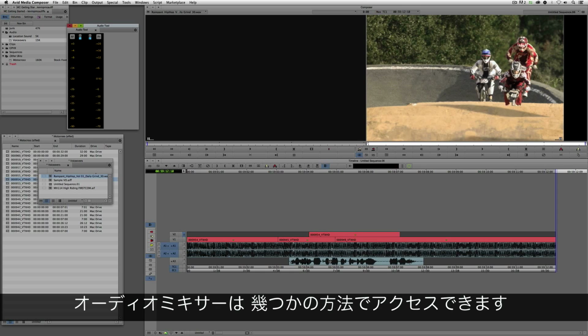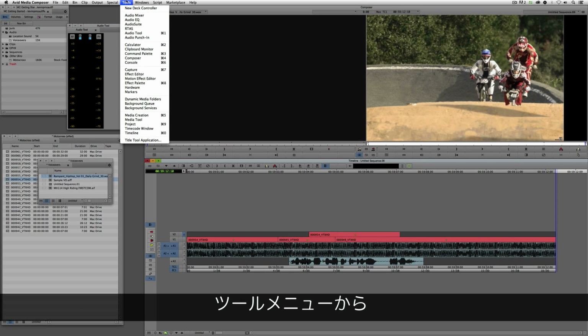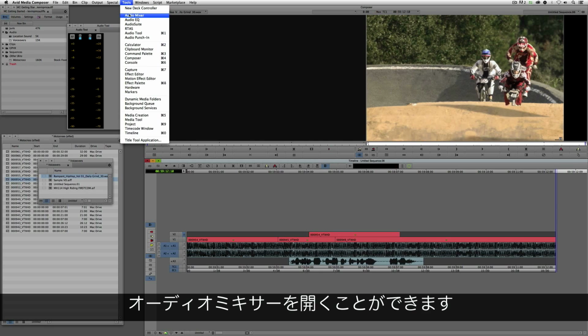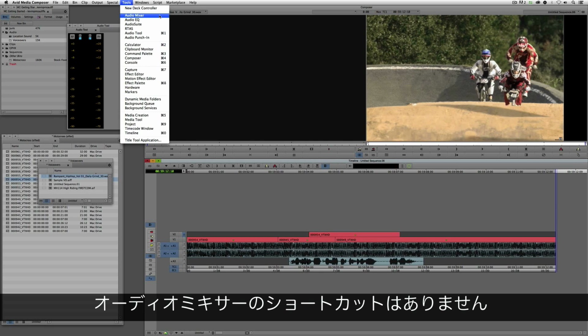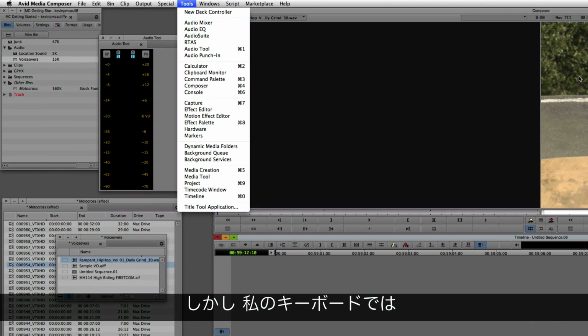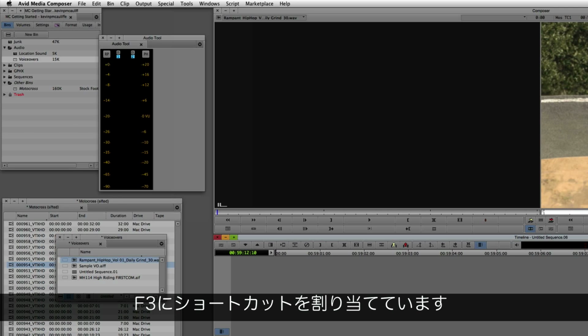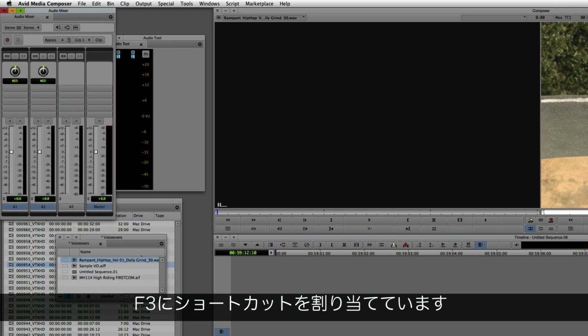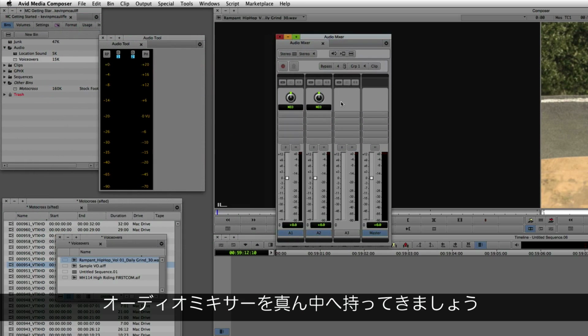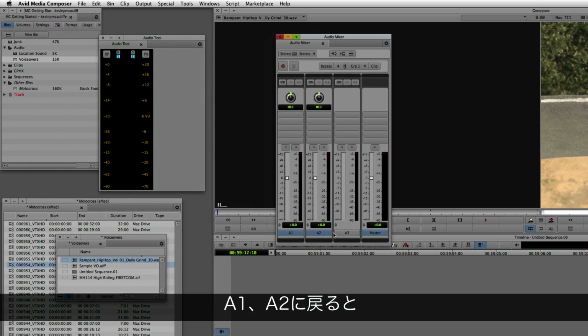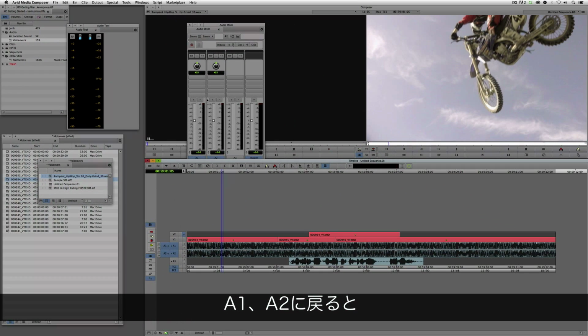Now, there are a couple of ways that you can access the audio mixer. You can navigate up to the tools drop down and you can see audio mixer right here. There is no shortcut for it, but I do have a shortcut on my keyboard because I have it mapped simply as F3. Now let's just bring the audio mixer right over here into the middle just so that you can see what's happening with it. Now right now you're going to see that if I come back to A1 and A2,